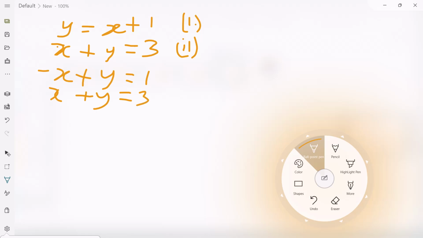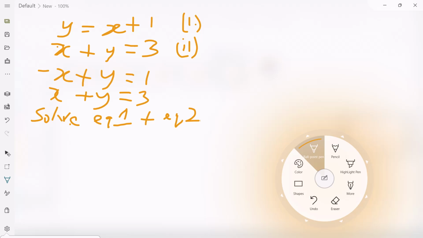Elimination method is very fine for this. So let me just add the two equations. Equation 1 plus equation 2. So I'm going to have